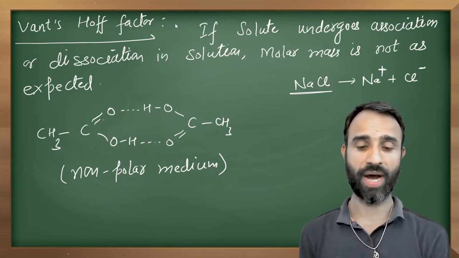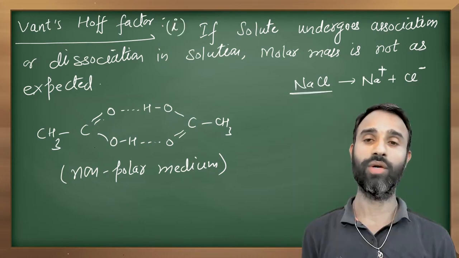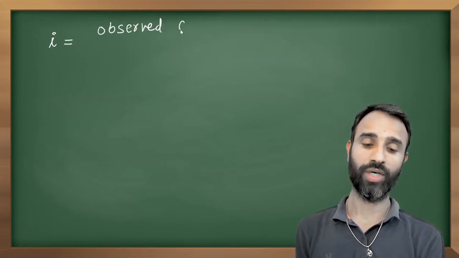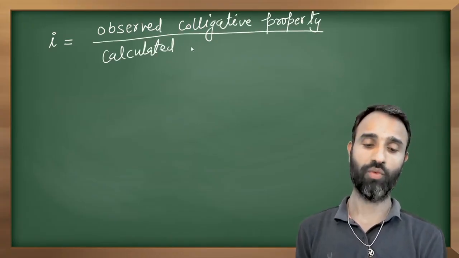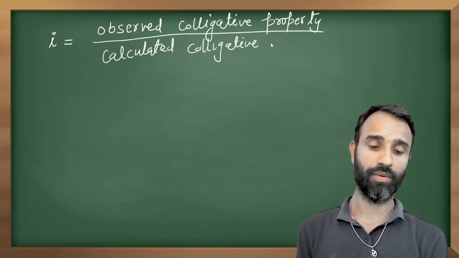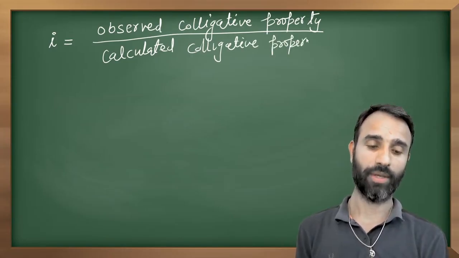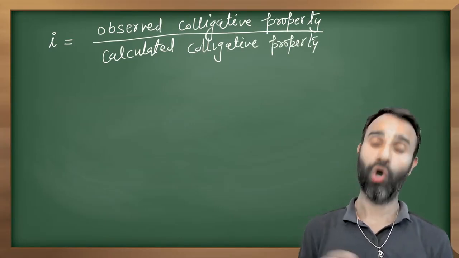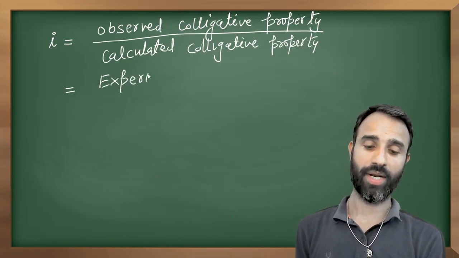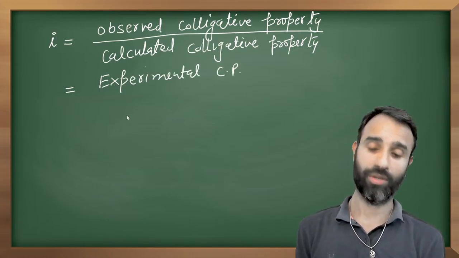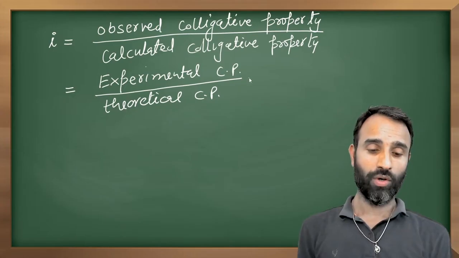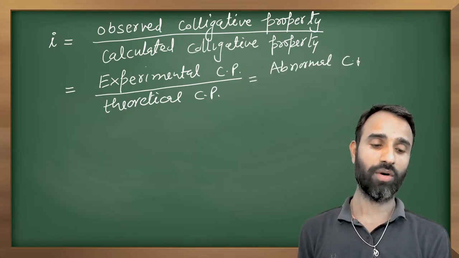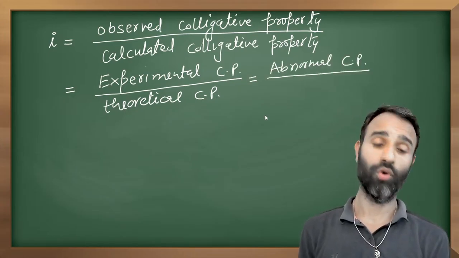It is denoted by i, and it is equal to observed colligative property divided by calculated colligative property, or experimental colligative property divided by theoretical colligative property, or abnormal colligative property over